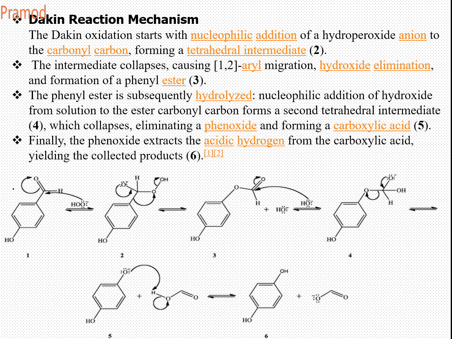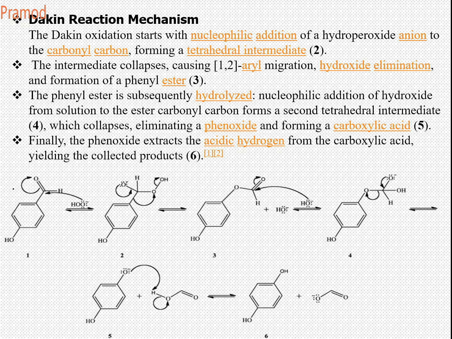Now there is an OH, which is a base. This OH that is released will attack the carbonyl carbon of your ester. If it is a ketone, it forms an ester; if it is an aldehyde, it forms an acid. So this will attack the carbonyl carbon, which leads to hydrolysis, and you get a carboxylic acid or an ester and a corresponding phenoxide ion.